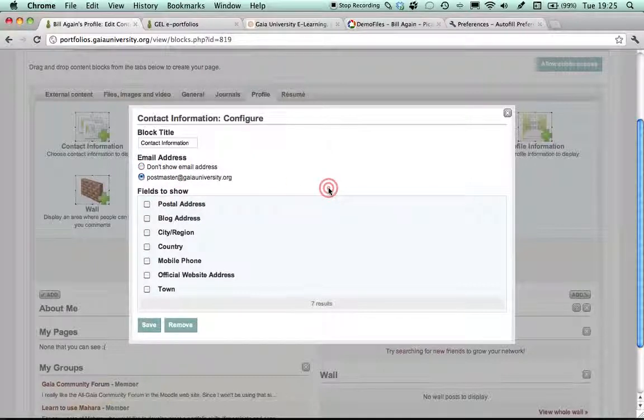And then depending on what I filled in for Bill in the profile details, I have all of these fields that I could show in this block, but I don't have to show them all. I could just show one or two. So perhaps I'm just going to show the blog address as being what I think important, maybe the country too, because that gives us a bit of a clue about who Bill might be. So now if I save that,